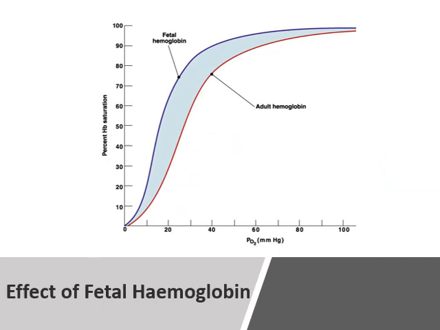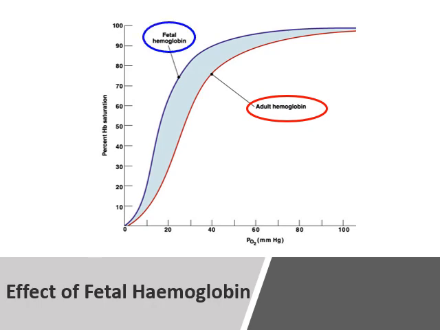Now it is important to know that adult hemoglobin contains a pair of alpha and a pair of beta polypeptide chains. The beta polypeptide chains can combine with 2,3-diphosphoglycerate, the end product of the anaerobic glycolysis in the RBCs. This combination decreases the affinity of the adult hemoglobin to oxygen,